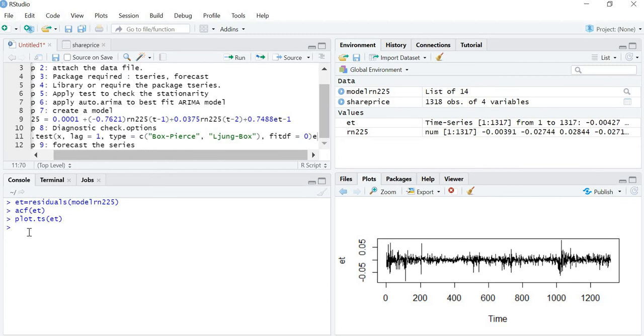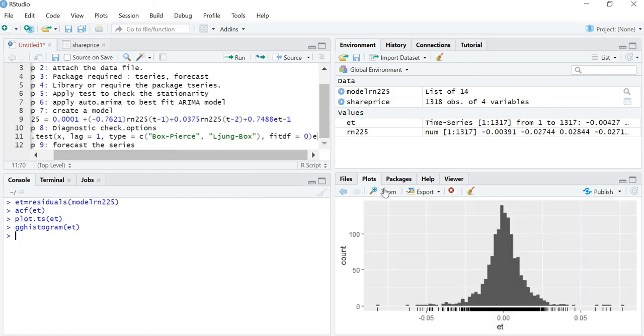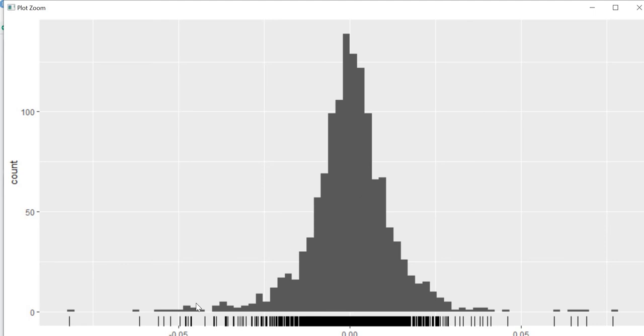The third step is to plot a histogram to check whether my residuals are normally distributed or not. For that we are using the command gghistogram and then my variable name, residuals ET. Now see in this graph, this is your histogram, and it is bell shaped and normally distributed.